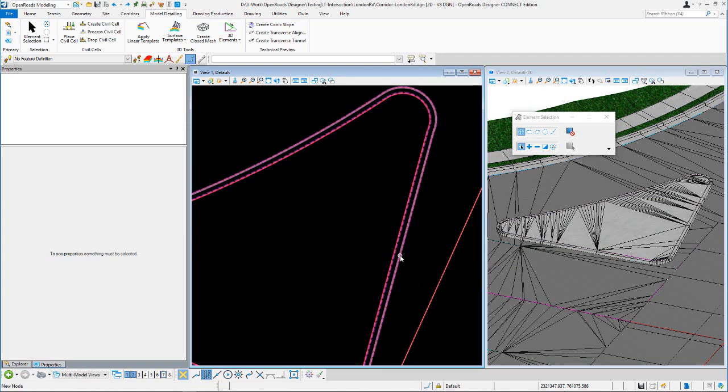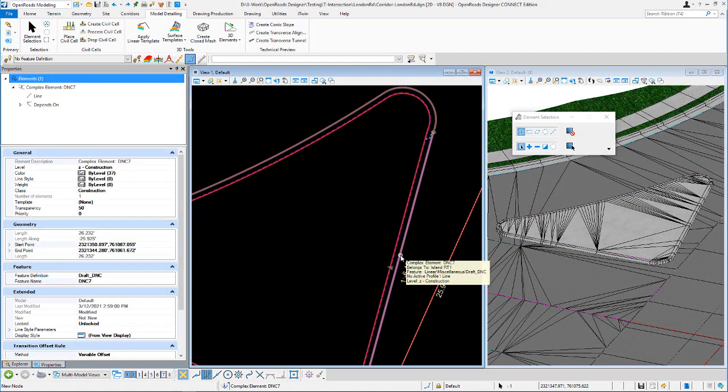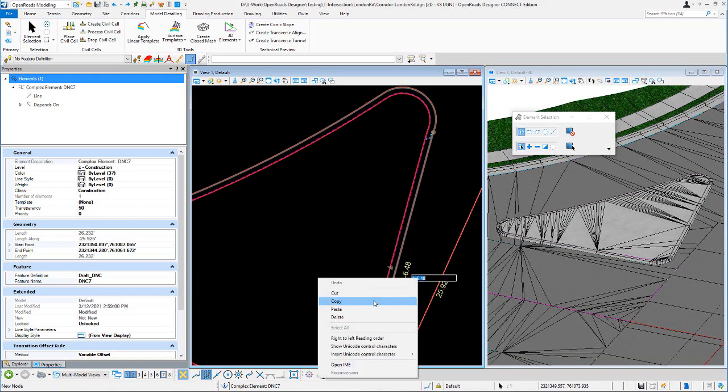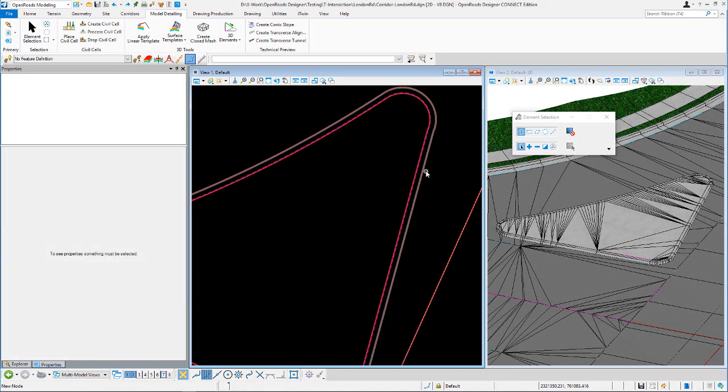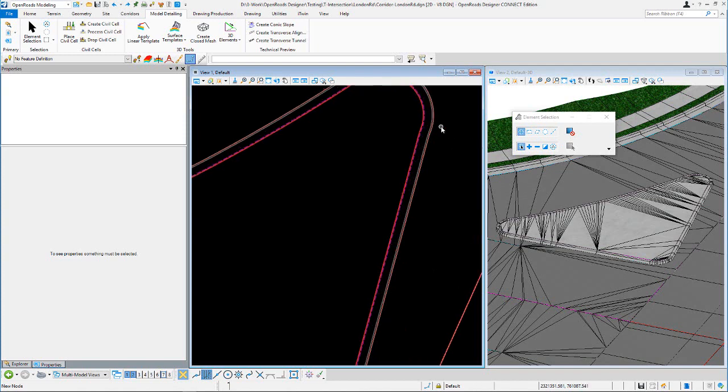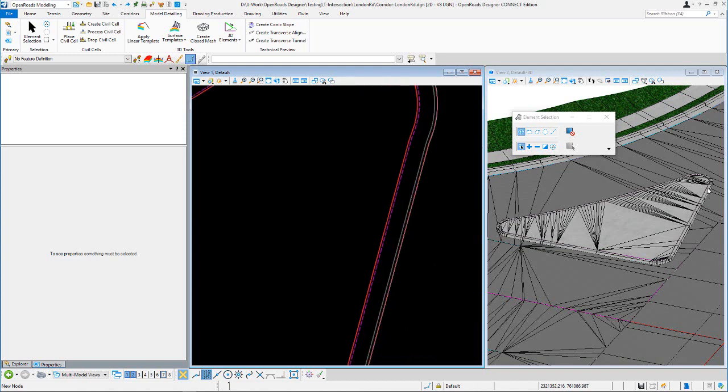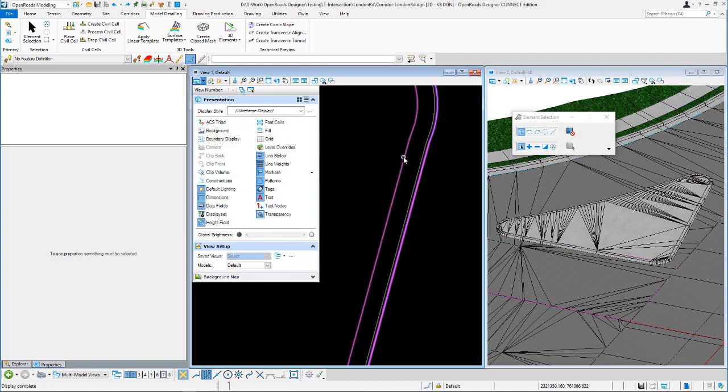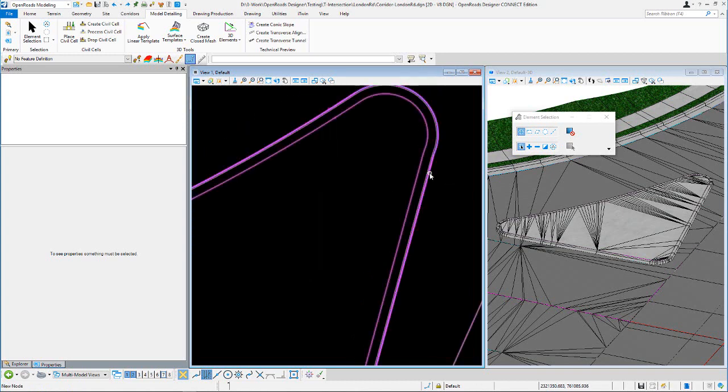So I'm going to come in here and right click a few times, and grab the DNC, a construction class element under there. It is on construction class, but I would copy this. I would just right click and say copy that ratio. To fix that, and quite honestly, there's really nothing to fix. If I wasn't worried about a little kink there, I probably wouldn't go any further. But to actually fix this, if we did see some problems like we saw a while ago,